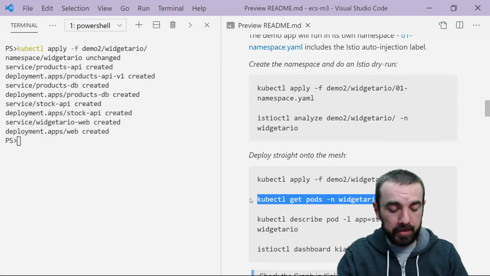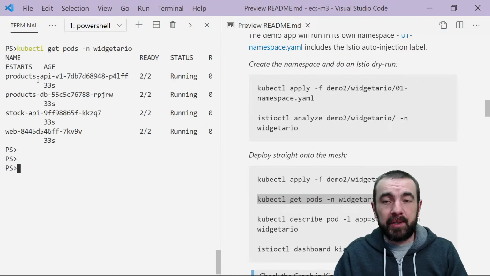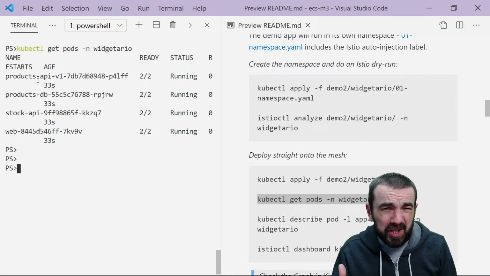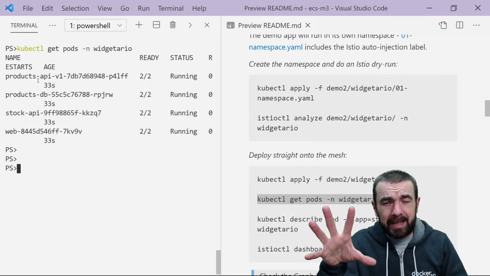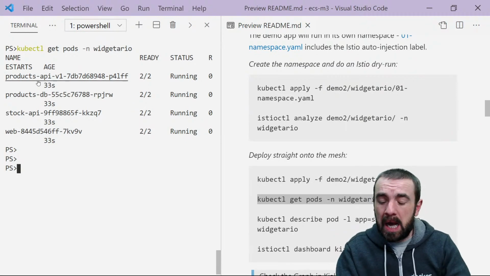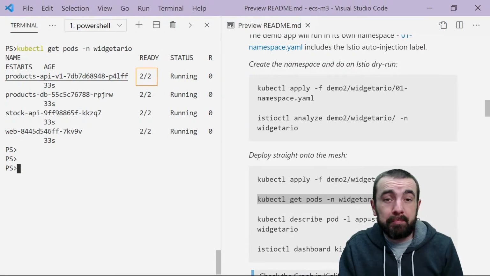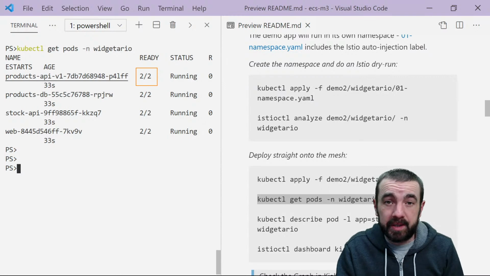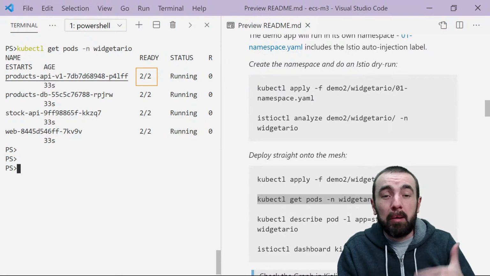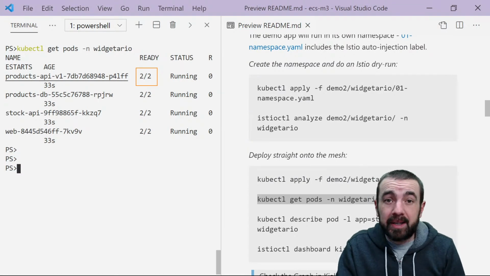Okay, so let's have a look at these pods here. I'll clear this down. If you didn't see previous episodes, this Widgetario app has a website, a couple of backend services, and a database. Each of those runs in a separate pod, and we can see that each pod has more than one container running. So I've got 2 out of 2 containers. In the pod spec for each of these deployments, there's only one container: the application container. But because these are deployed inside that namespace, Istio has injected a second container,